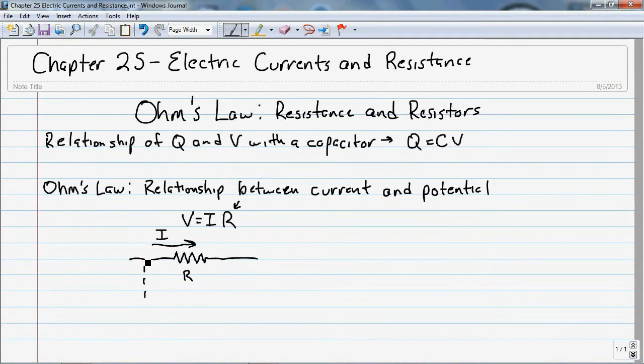This is point A and point B. There is a potential between point A and point B. So the correct terminology, and I will correct you,